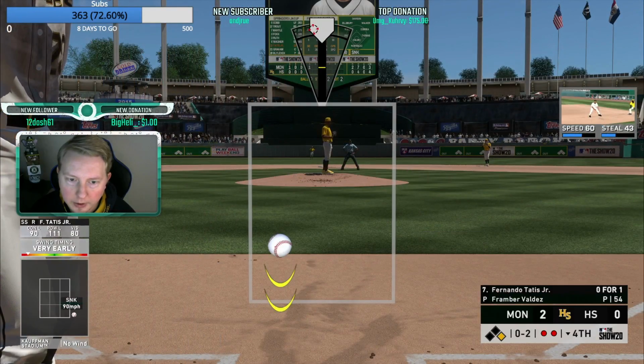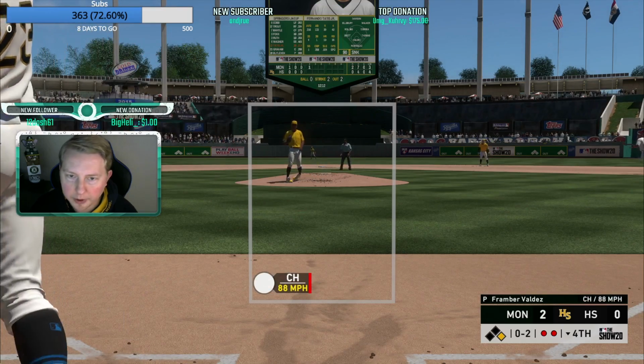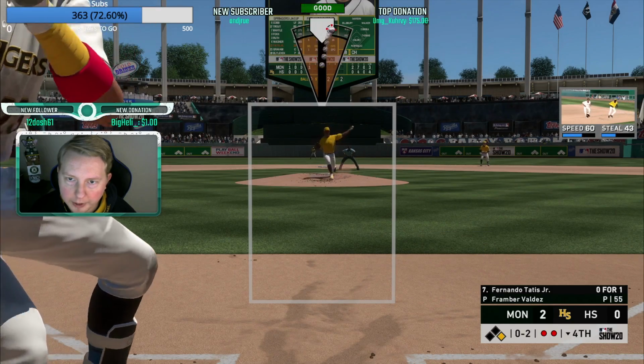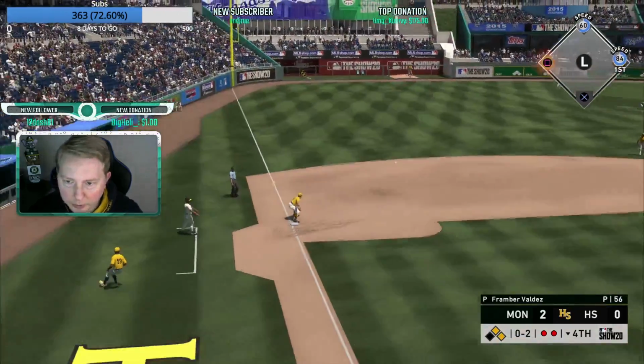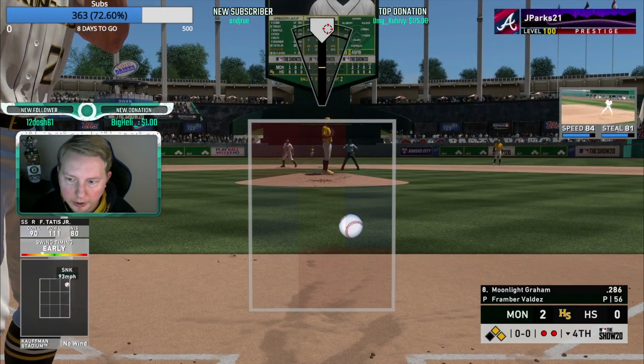Another upside to openers, which I didn't talk about in the opener of this video, is that relievers recover energy a lot faster than starters do. So, like, even though Fromber's approaching the red energy here, it's only going to take like 1 or 2 games of him just chilling in the bullpen for him to be full energy. So really,